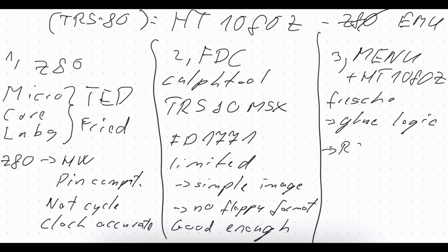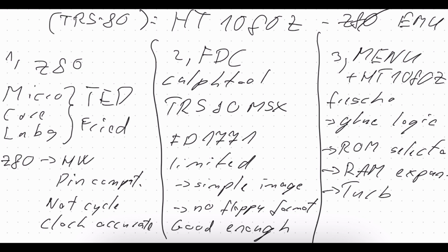Through this menu, you can select the ROM, so you can load different ROM versions. You can turn memory expansion on or off, so you can use it with 16K of memory or 48K of memory. And as in the original Z80 emulator from MCL, you can turn on turbo mode. But I think it is best if you check out how it is working and then you can decide